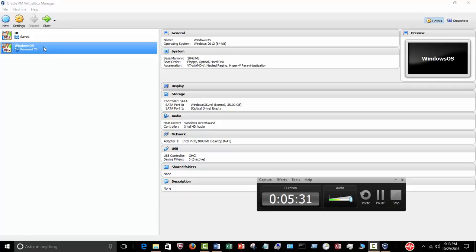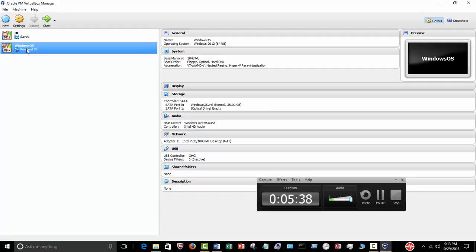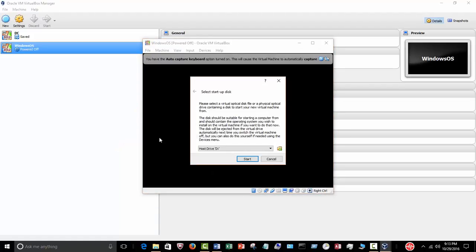So in this particular case, what I'm going to do is just go up here and make sure you select, obviously if you have more than one virtual machine, make sure you select the appropriate one. But for our demonstration purposes, we're only going to necessarily have one. So here in this case, let me minimize that. Go Start. A window will pop up now asking to install the operating system, which I'm going to do here. So this is how easy it was just to install or create a virtual machine and allocate both the